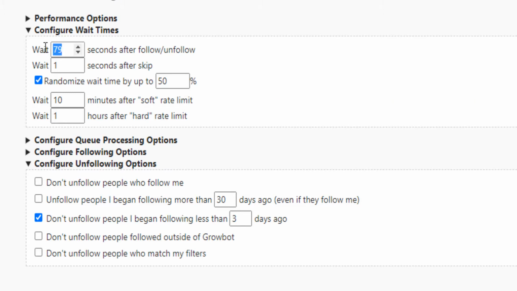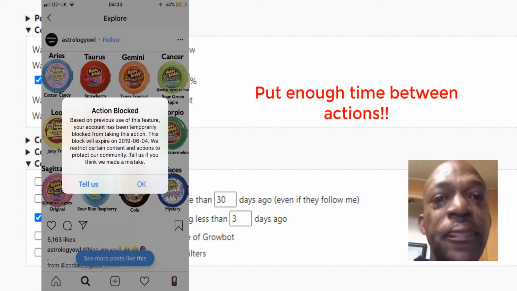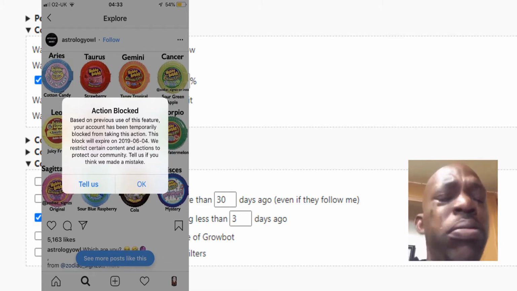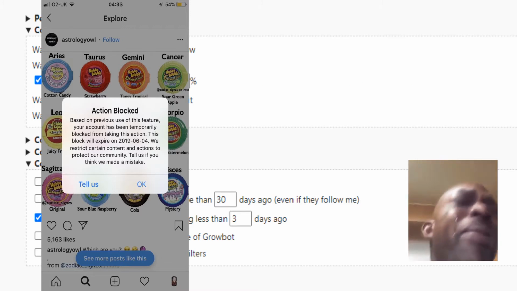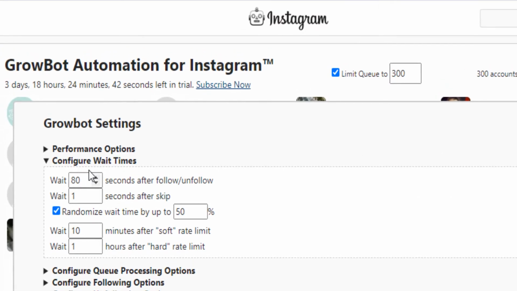Make sure you put a lot of time, a set of seconds, because if you don't, you'll get an action block. You'll get a week of action block, 2 weeks of action block, a few days of action block, and you don't want action blocks from Instagram. So you want to make sure you put about 80 seconds to 90 seconds before the next unfollow. And you wait about 1 second or 2 seconds after it skips some profile.